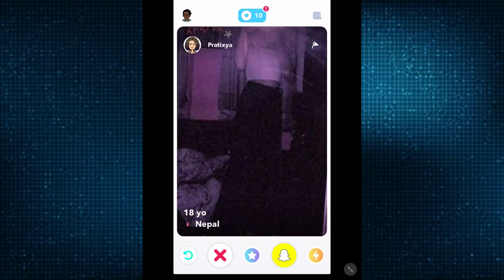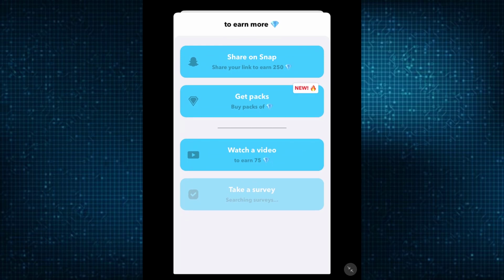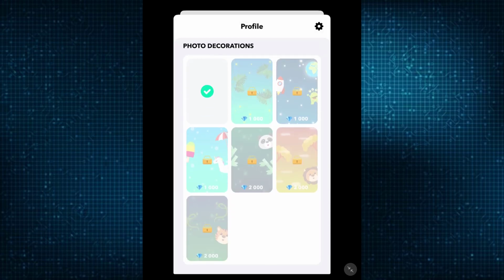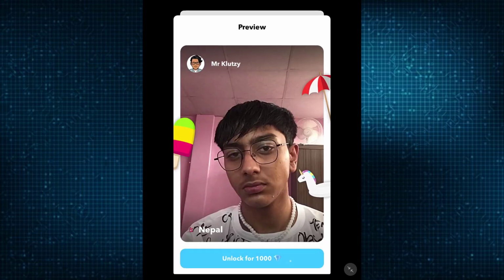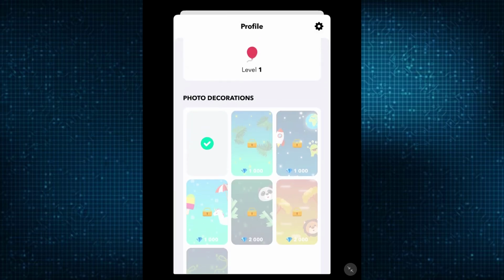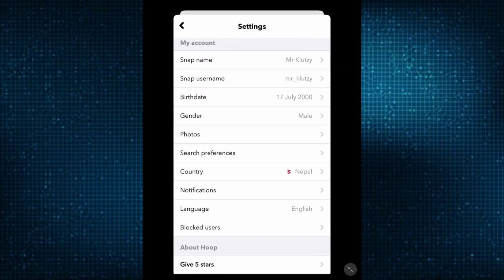And on the top left, there is going to be your profile icon, where you can tap on get more diamonds and earn diamonds. I made a video on how to earn diamonds. You can also have photo decorations right over here, like on the side of your photo. And then you can also simply go ahead and tap on the top right gear icon, and then